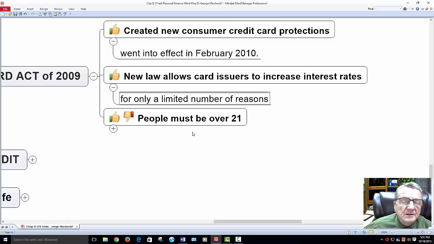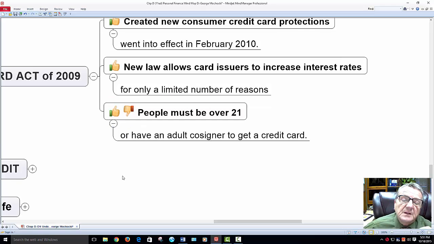The other thing they did, and this is controversial, some under 21 say, "Hey, that's not fair, I could go in the military." Others say, "Hey, that is good." Basically, you can't get a credit card unless you're over 21 years old, and that's because